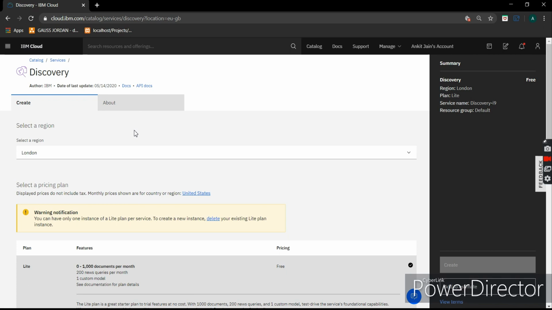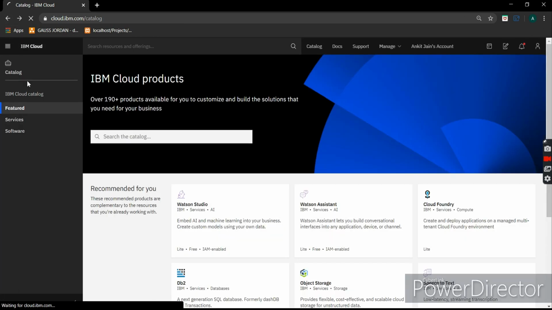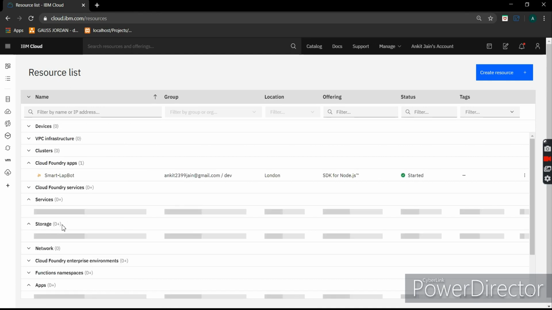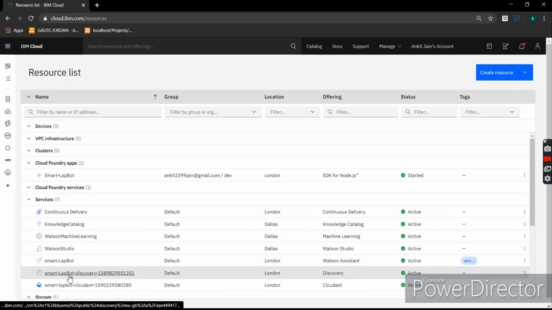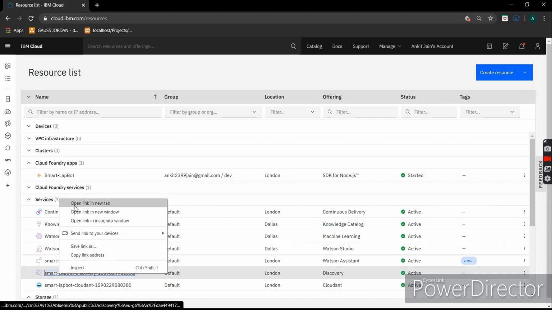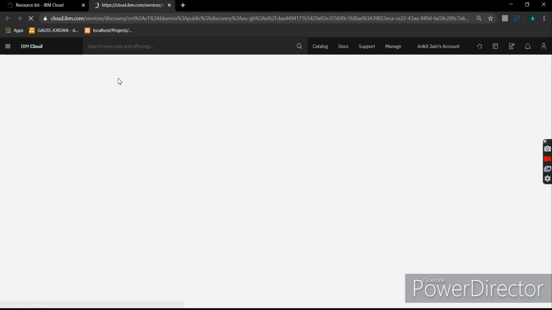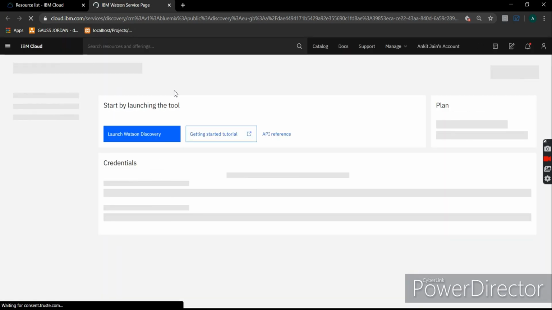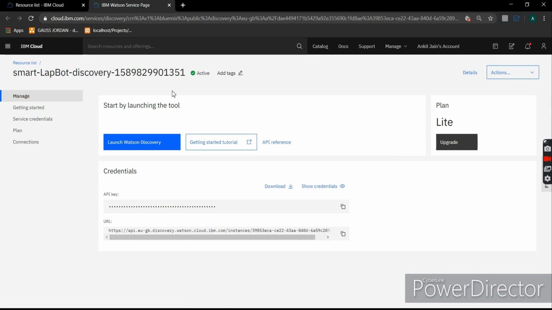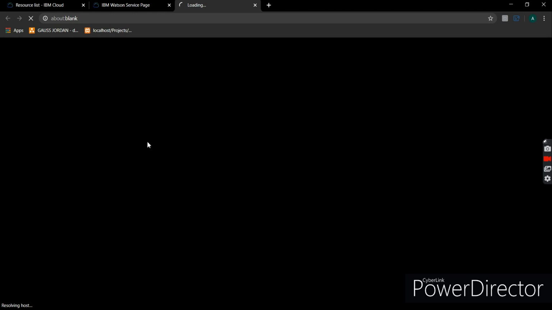But as I have already created the service for my project, I will go to the Resources tab and open up my Discovery project. This redirects me to the service. Now, in order to open my project, I need to launch Watson Discovery.